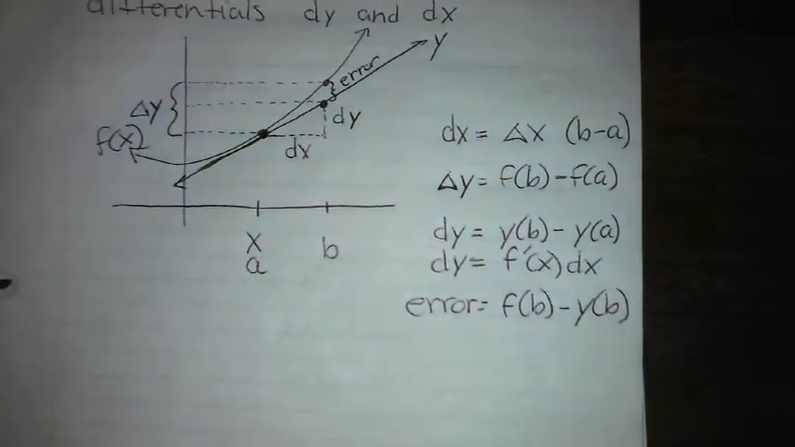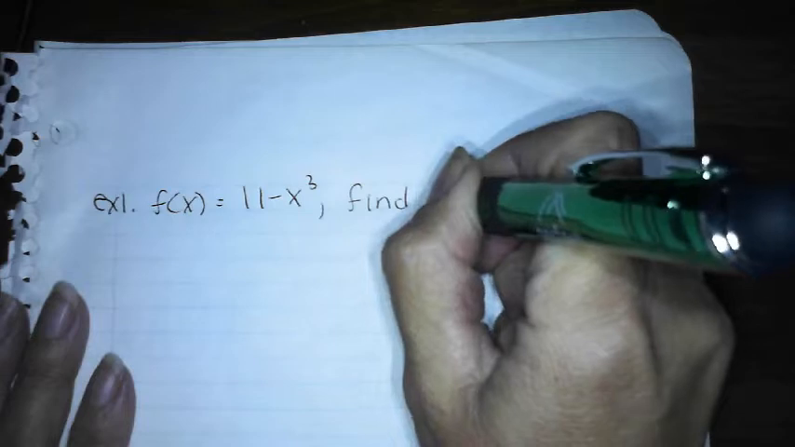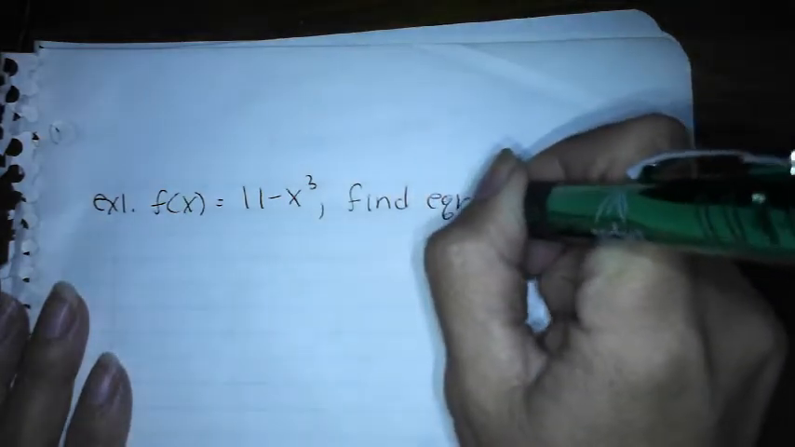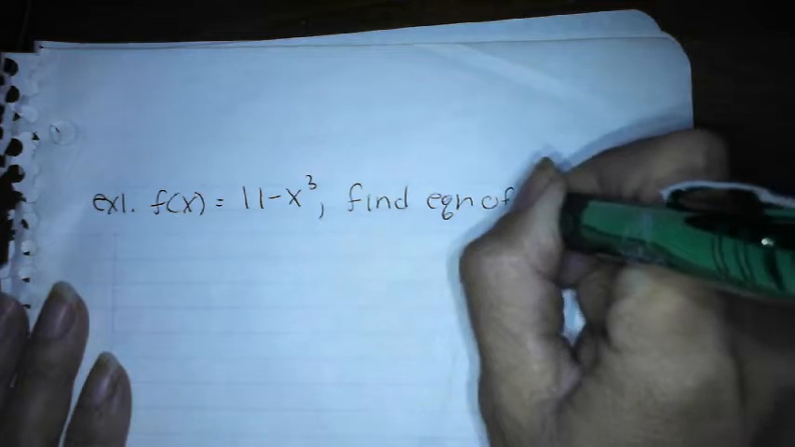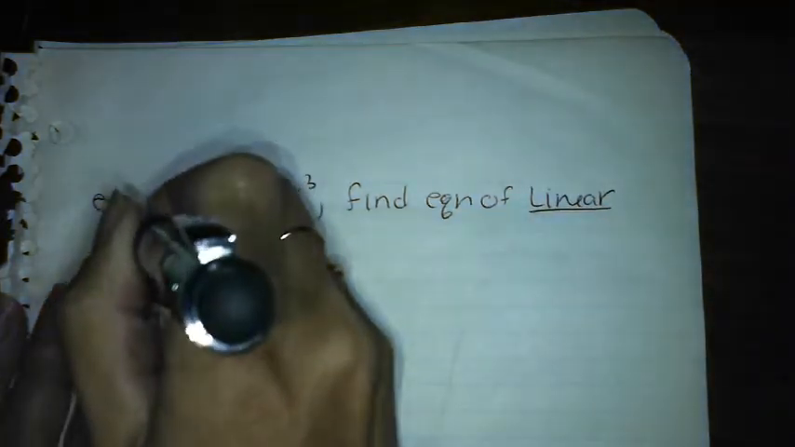Oh, it took me a whole page. I am going to start a new page. So number 1. For f of x equals 11 minus x cubed, find the equation of a linear function, equation of a line,